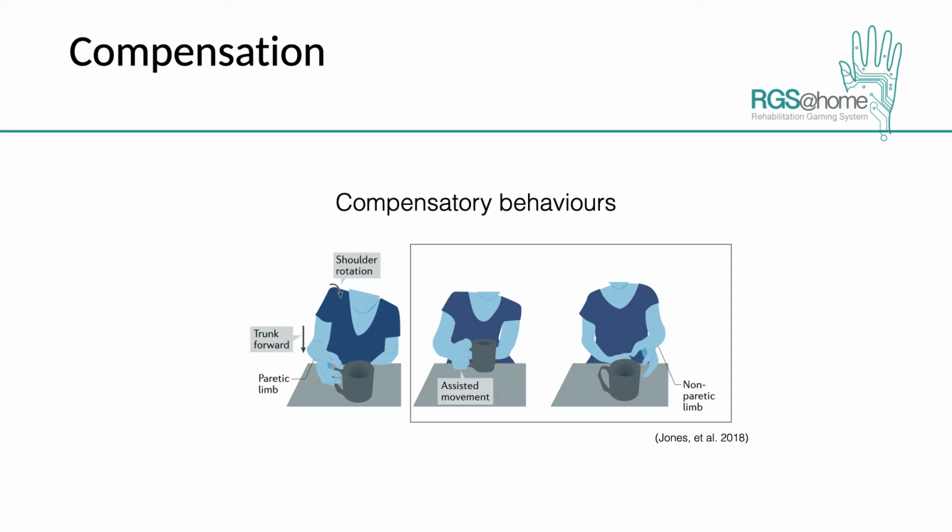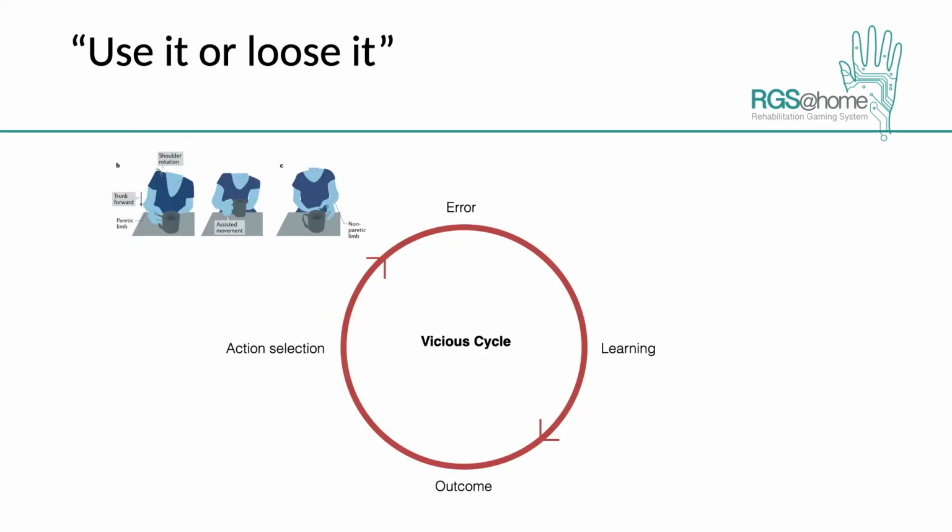These solutions may enhance performance immediately, but they may be a suboptimal solution in the long term because learning is an iterative process. If the action that needs to be trained is not selected, then the subject is not exposed to error and there is no learning. Actually, we know that body parts and actions compete for representation in our brains. And we know that those actions that are not used often lose representation.